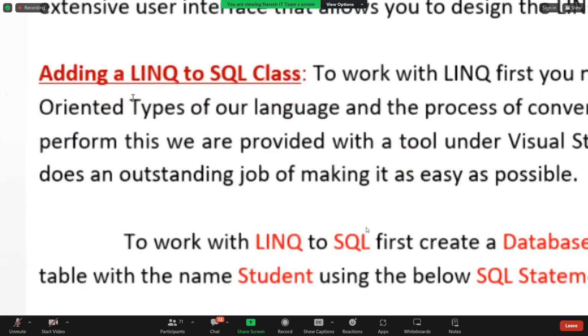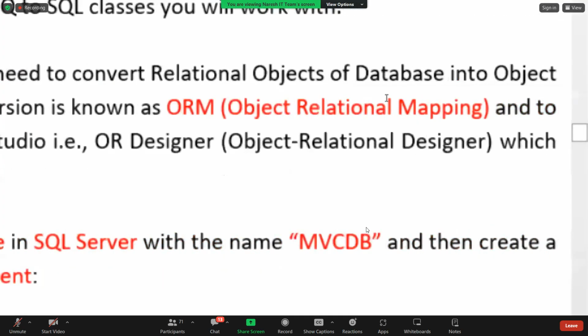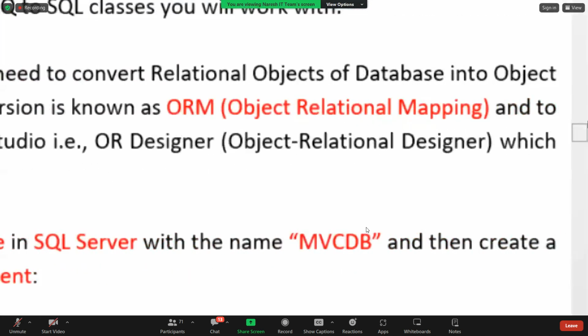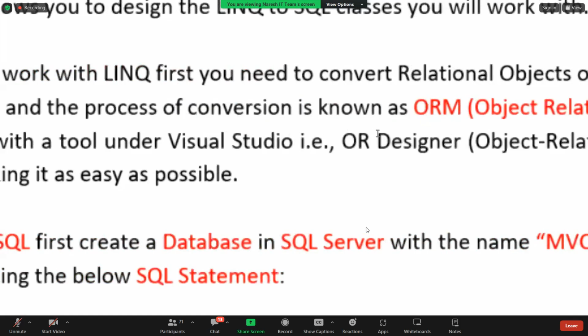To work with Link to SQL, first you need to convert the database tables into classes of our language, and the process of conversion is known as object relational mapping. And to perform this, we are provided with a tool under Visual Studio that is the O/R Designer,